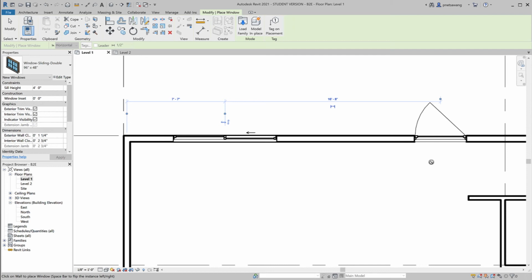Let's place window number 23, which is window sliding double 96 by 144. I didn't see that on the list, so we're going to have to make one. Notice that we are still in the window command. There's no need for us to get out. We just need to double check to make sure that the current window is window sliding double. Then we can click on edit type